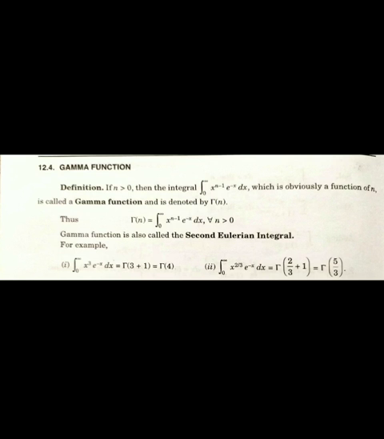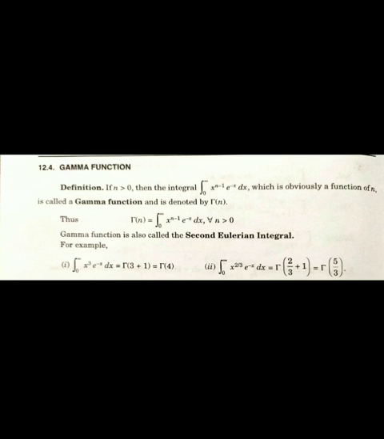E raised to minus x is the same. The gamma function depends on only one term, that is n, which depends on the x power. For a beta it depends on x and 1 minus x, but the gamma function has only one variable, n. Here n minus 1 equals 3, then n equals